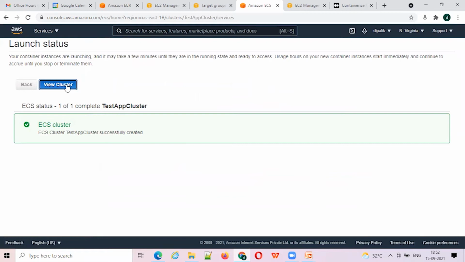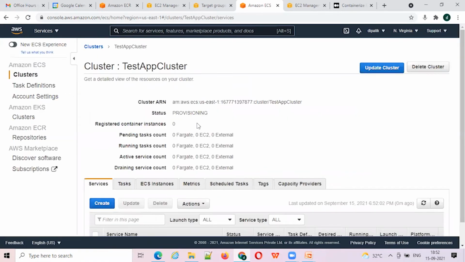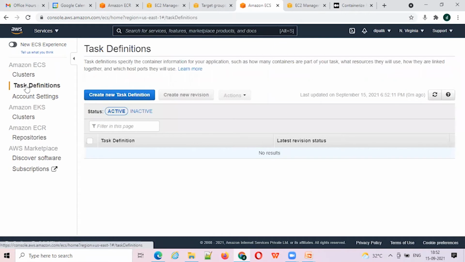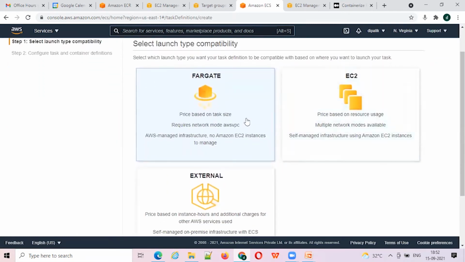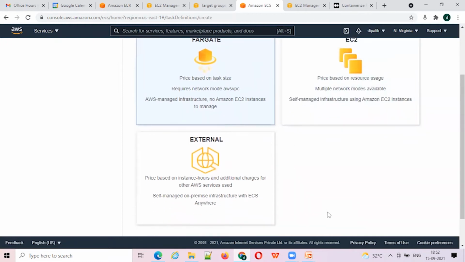So what we have done is we have simply procured the infrastructure for our application. And the next step for us is to define our application, which we can do with the help of task definitions. So I need to create a new task definition for my application. Here again, you will see different options. So we will stick with this Fargate one.